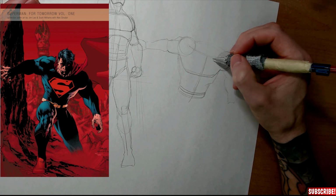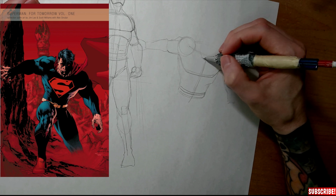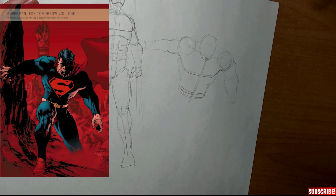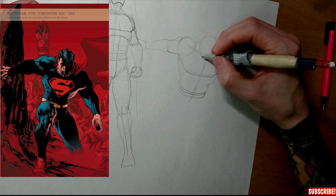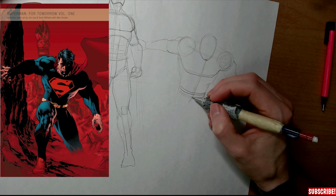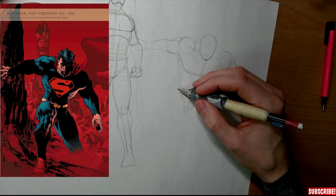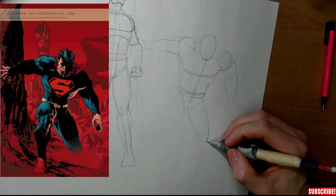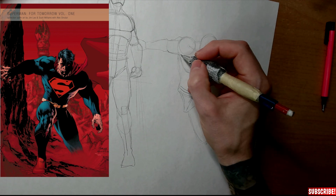Okay, the head needs to be about here, I guess. Well, let's make sure he's not up too much. I guess actually he would be a little bit more up there, but I actually like it better that way. I'll do it like I want. Okay, up. Where are we? We need to figure out this area. Not so easy. There's this leg. It should be a bit bigger. And the other one is pointing towards us. We have to make sure that, let's see,